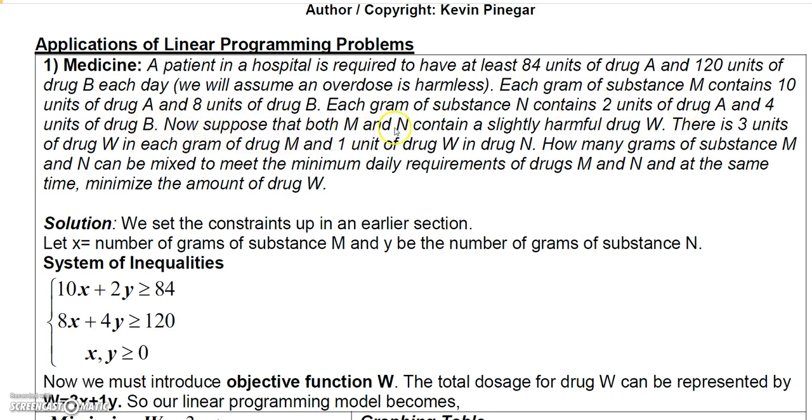Now suppose that M and N contain a slightly harmful drug W. And let's say there are 3 units of drug W in each gram of substance M, and 1 unit of drug W in substance N. How many grams of substance M and N can be mixed to meet the minimum daily requirements of drugs A and B? I need to correct this. And at the same time,